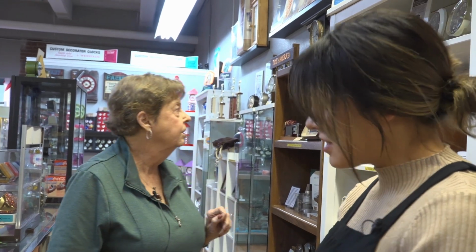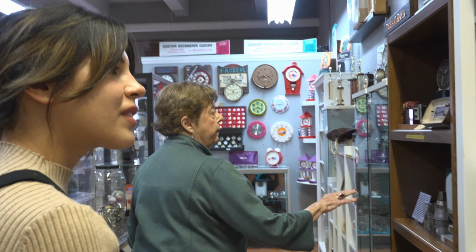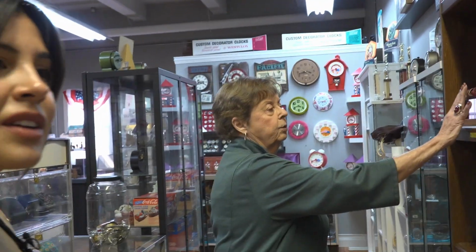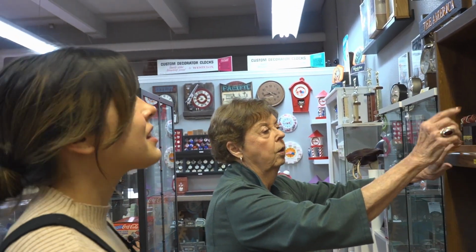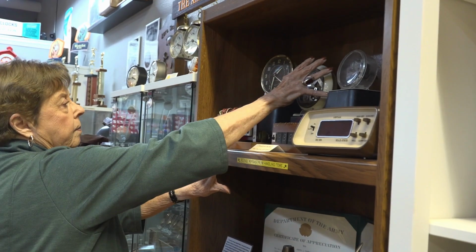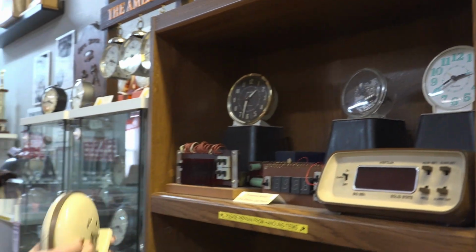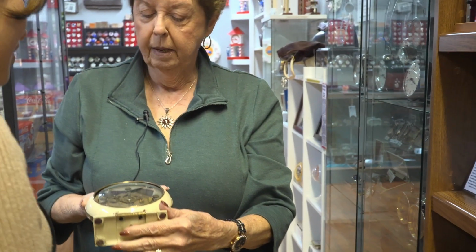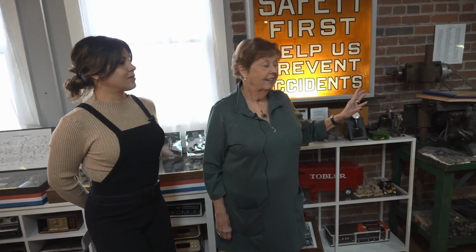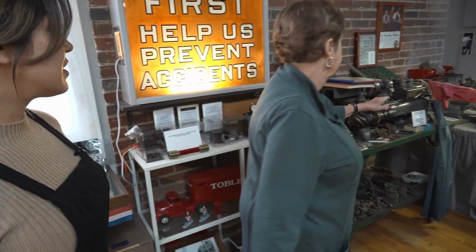Let's see what else we can show you. Oh, we have too many things. You're going to see something here. These were samples to show how the insides of this clock worked. And here's another one. Now you can see the inside of the Big Ben clock. What do you see over here? A lot of machines. Yes. Well, we only have two machines in here because they wouldn't fit. But we have one